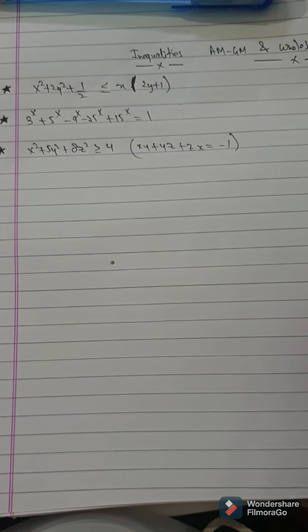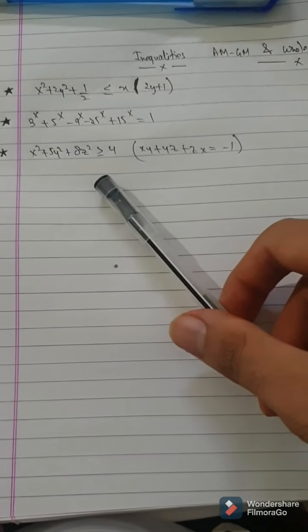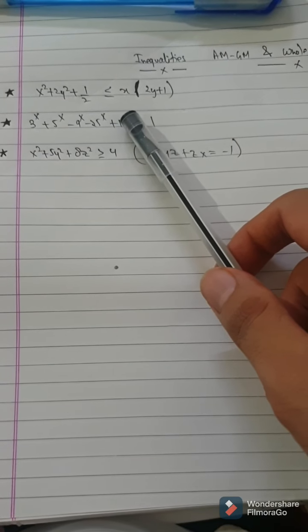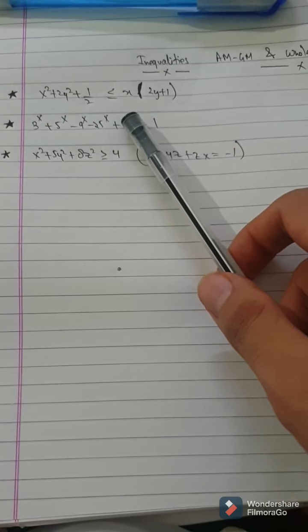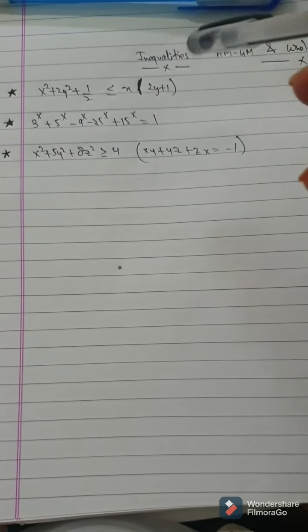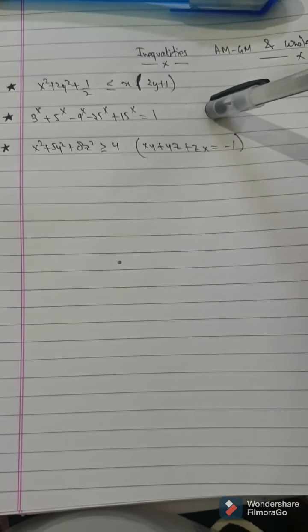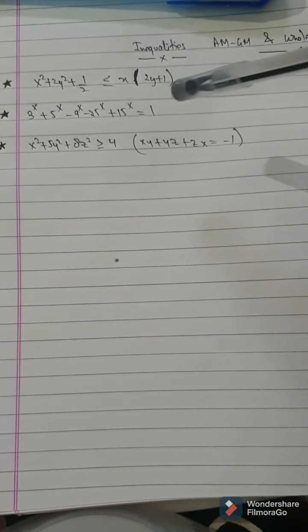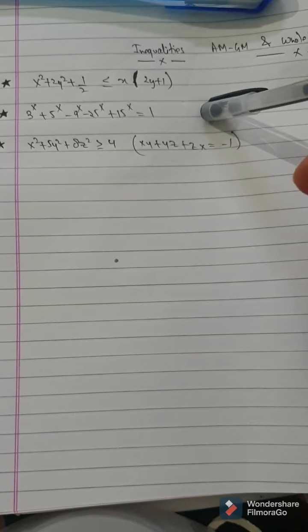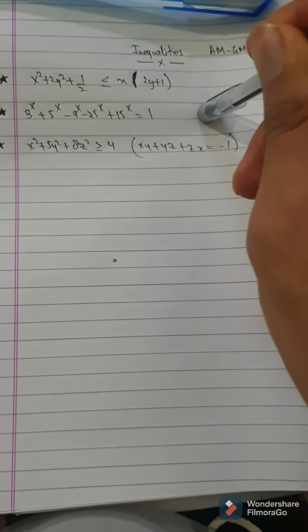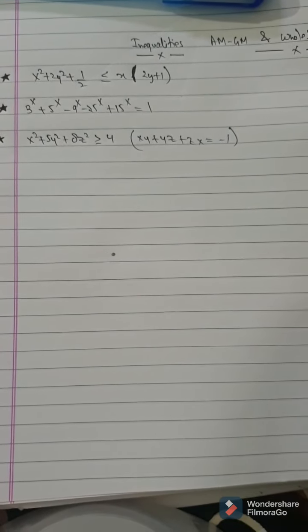Today we will look at three examples on the topic of whole square inequality, and also we will look at AM-GM inequality. In the previous video I discussed whole square inequality, that a whole square is always greater than or equal to 0. Today we will look at three advanced examples of that, and then we will look at AM-GM inequality. Now moving ahead,